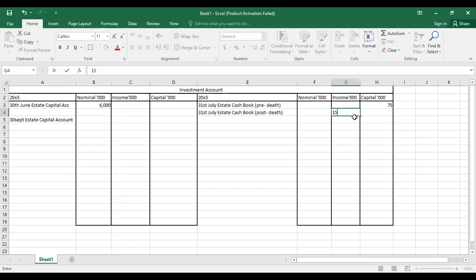transferring the amount here that is accrued to the remainder man back to the capital column. And we are going to debit the investment with the total. So we are going to have on that 1st July, let me just jump one line. So on that 1st July, we have the estate capital account